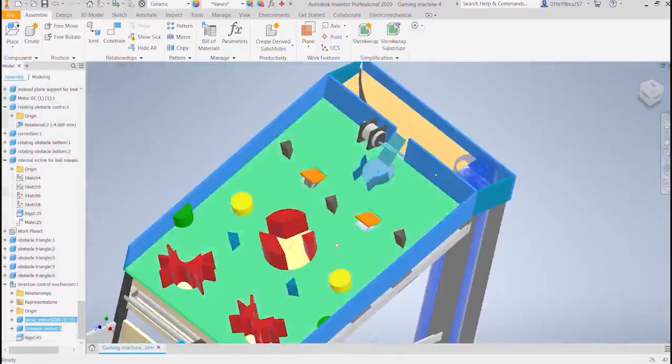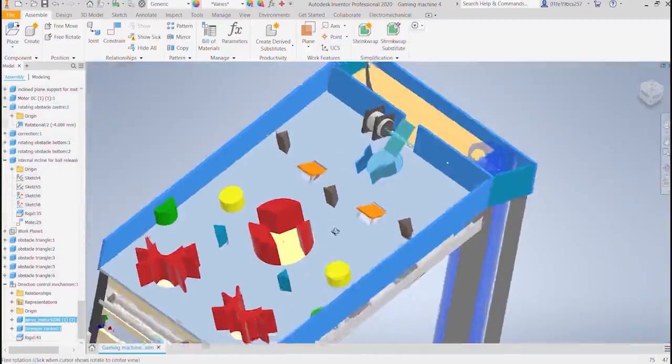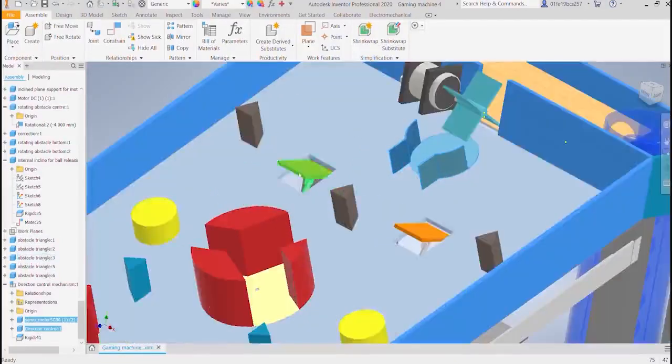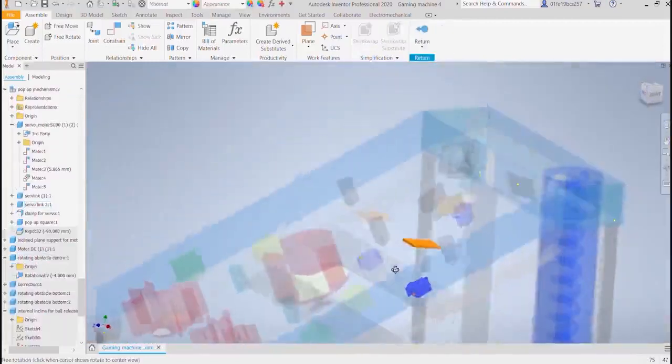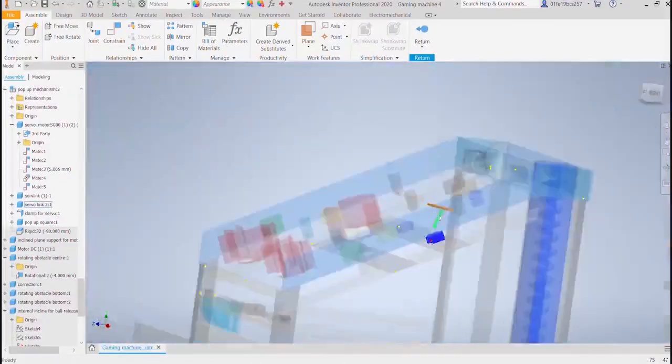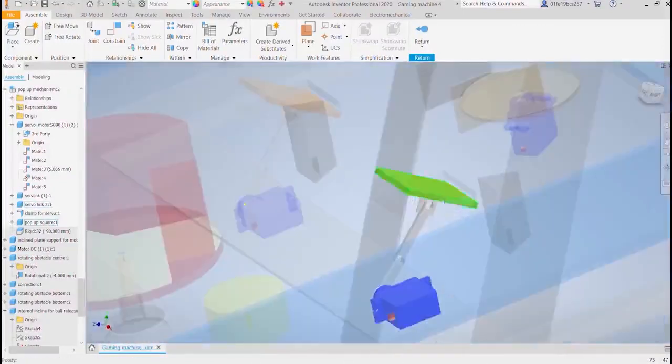Next is the obstacle control unit. It consists of different types of obstacles. First are the stationary obstacles. These are fixed to the inclined plane, shaped like triangles, circles and semicircles. Next are pop-up obstacles. This mechanism is achieved using a servo motor and links. It is connected to a rectangular tile, which is similar to a spring trap. It creates a popping out motion and deflects the ball. So these are the popping out obstacles.